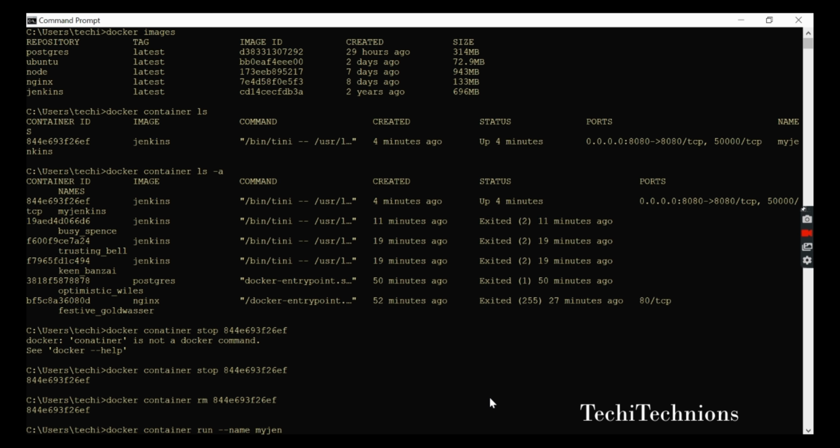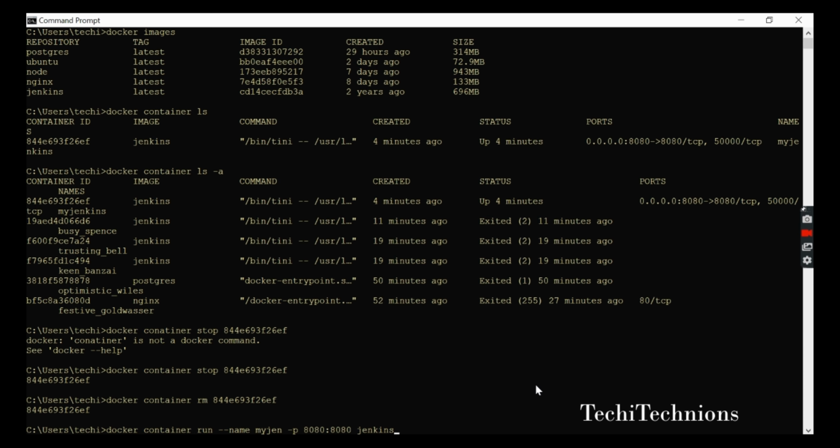And then the port I want, this is called port mapping, 8080 to 8080. And then the name of the image. Since Jenkins is already present inside my images, here you can see Jenkins present, it is not going to pull the image, it will start the container directly.